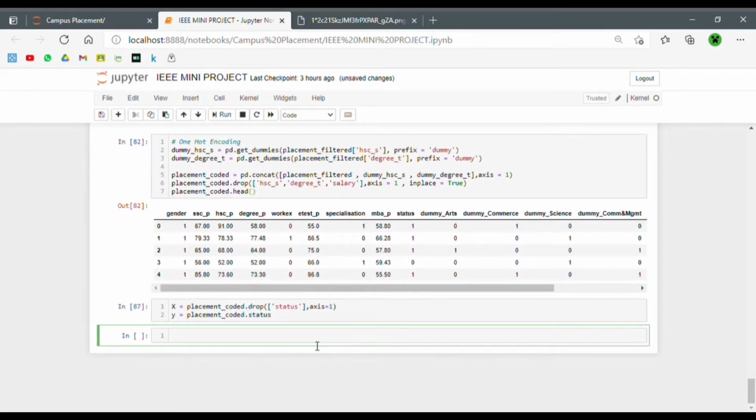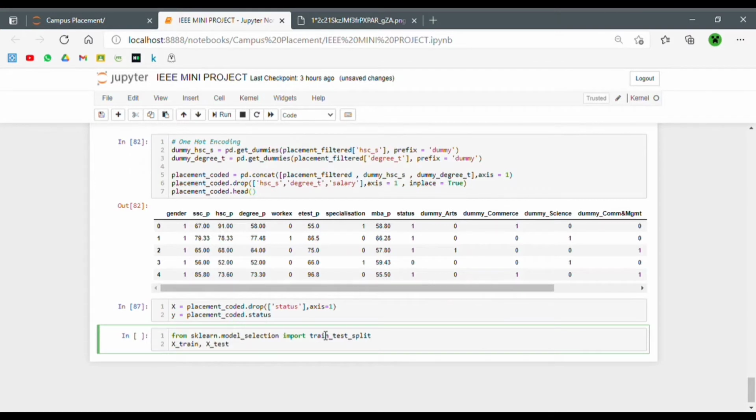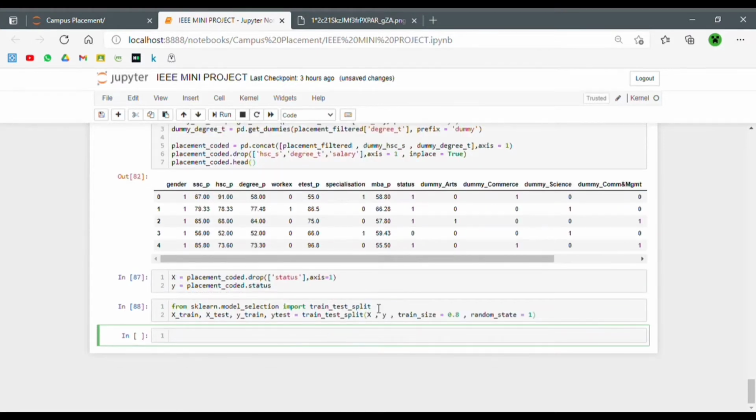Now that we have defined x and y, the next thing we have to do is train test split. Train test split is basically a technique for evaluating the performance of a machine learning algorithm.